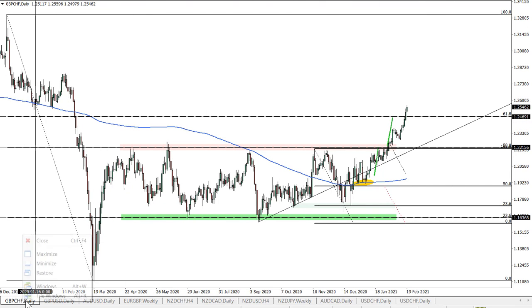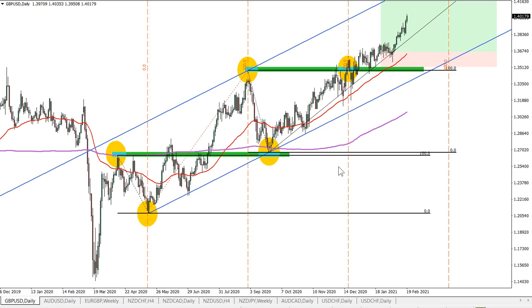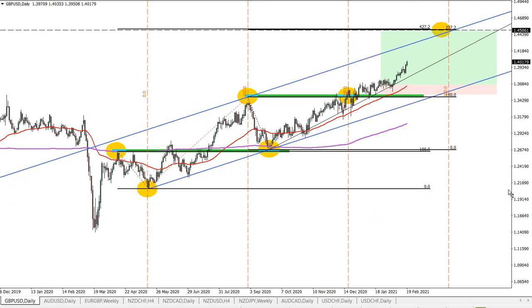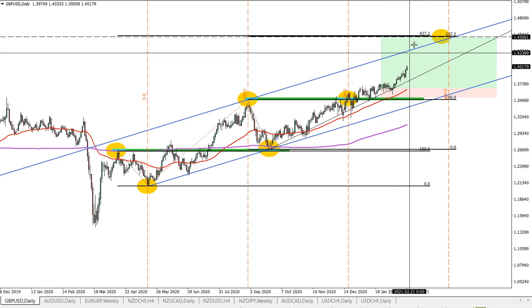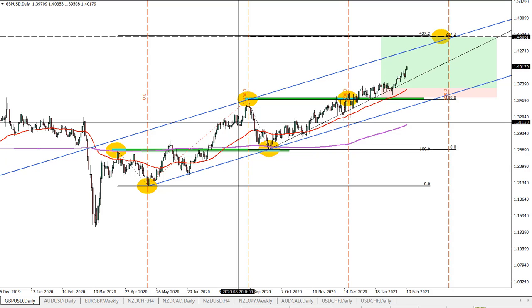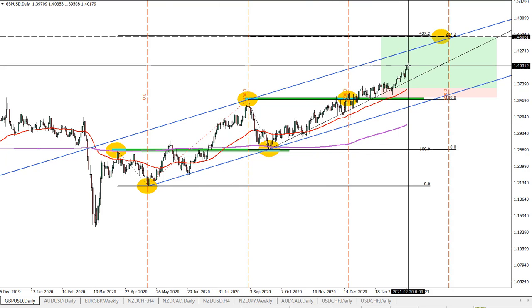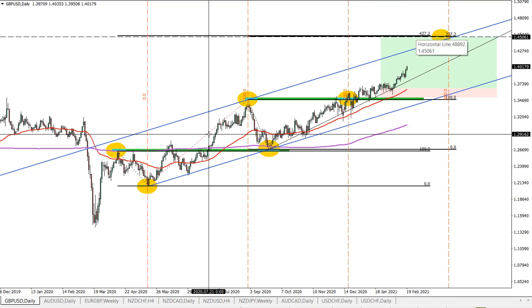We'll not get back to the pound Swiss franc. Now let's move to the pound against the dollar. Well, here we are still in an uptrend. We still expect the continuation of this trend, especially with the dollar being weak. This should be the case and the price is likely to continue moving up along with the dollar Swiss franc